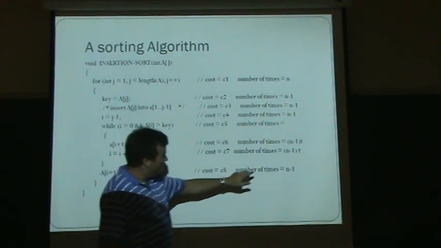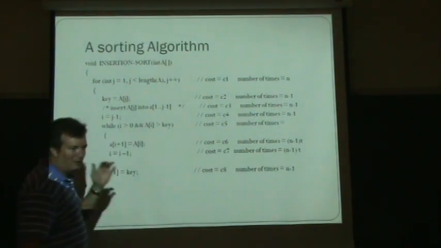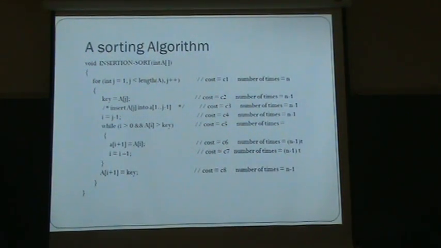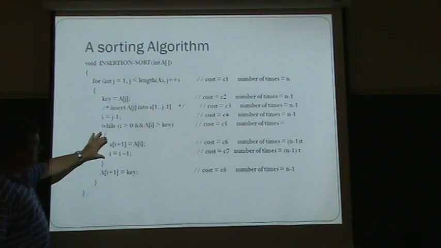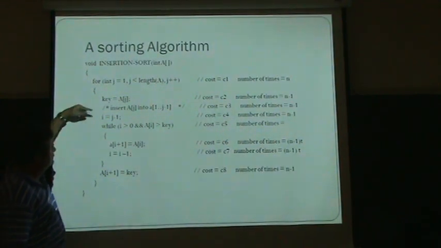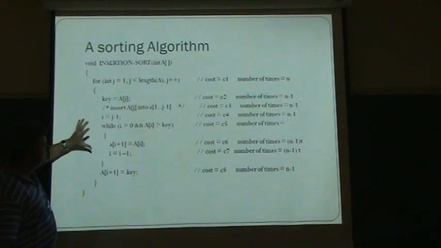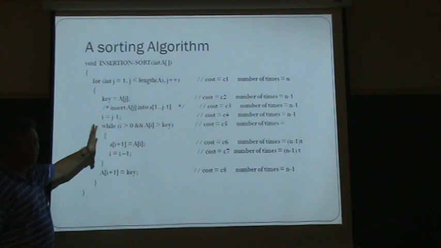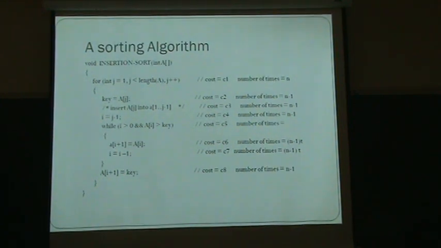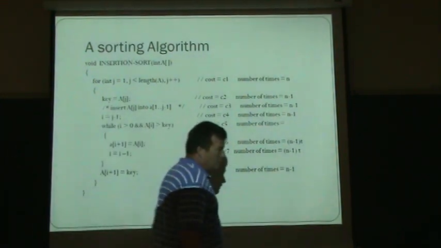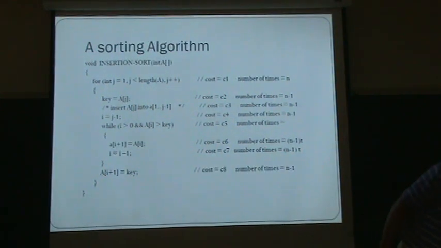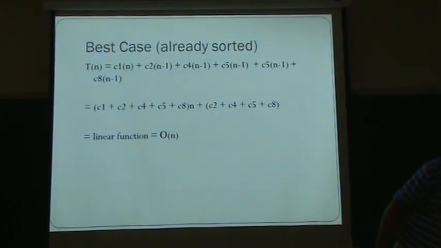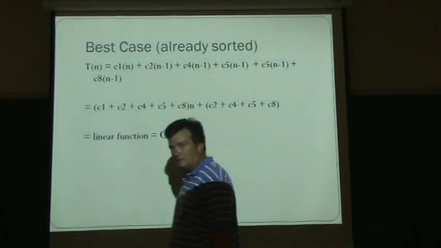We'll use T to say there's a luck component. There's a percentage of the time. We're going to do n minus 1. The outer loop's going to go through n minus 1 times. The inner loop is going to go, there's some luck factor involved. Okay, so if we were to take the cost of each line, and then how much time each one takes,